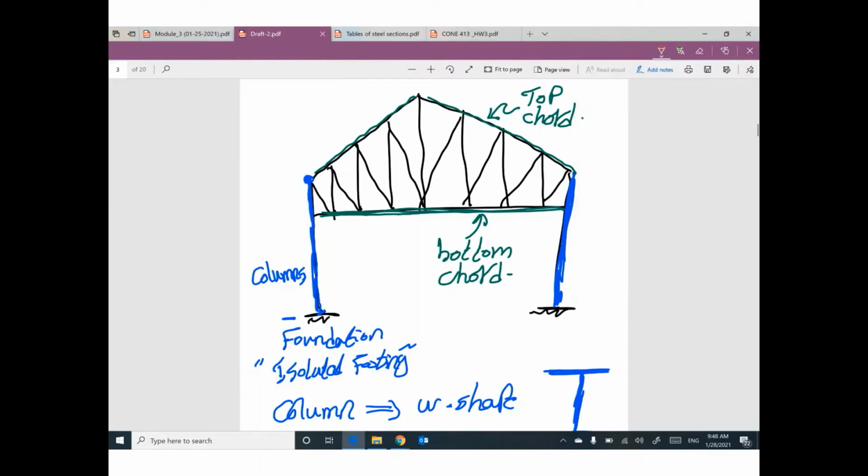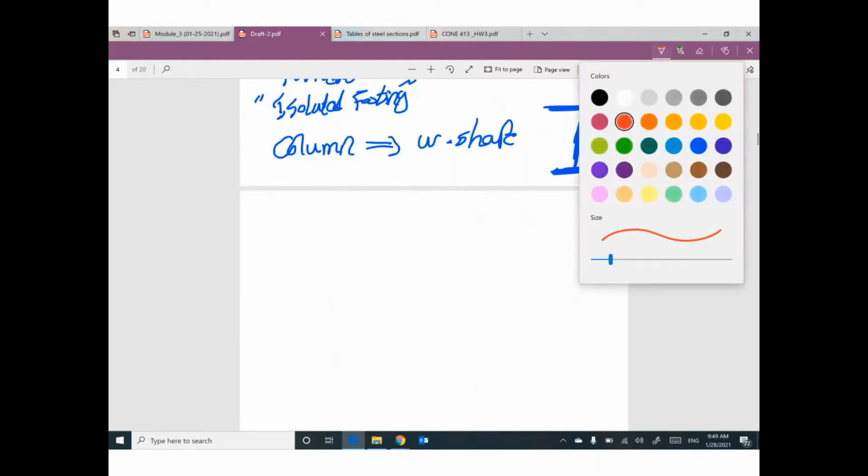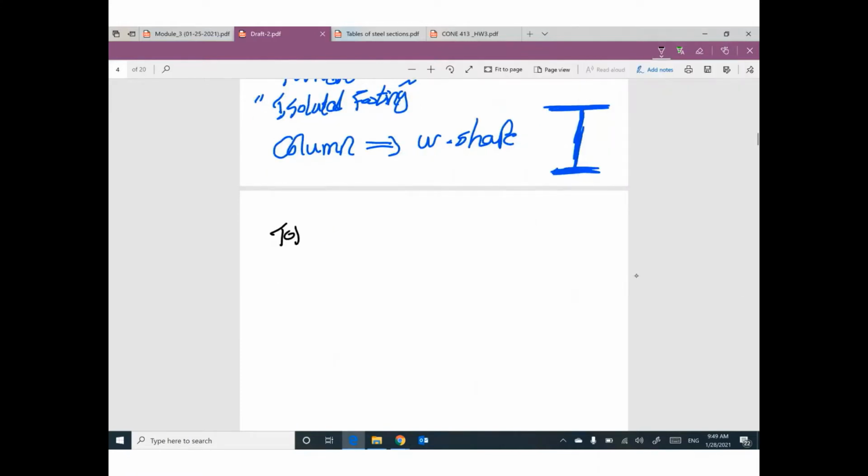Most of the time, the top chord will be under compression. These members are under compression. You can find compression forces in these members. Do you remember structure analysis of trusses? The bottom chord, most of the time, is under tension. These members will be under tension with different values. For top chord and bottom chord,